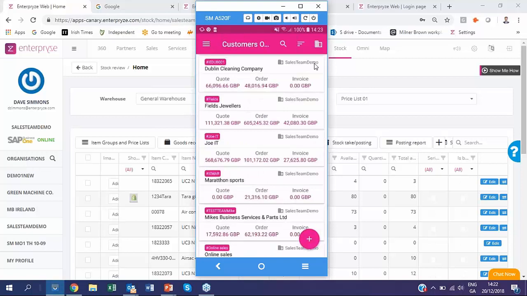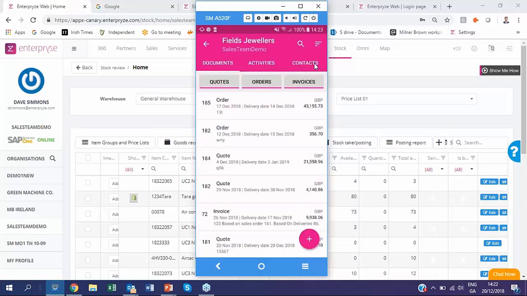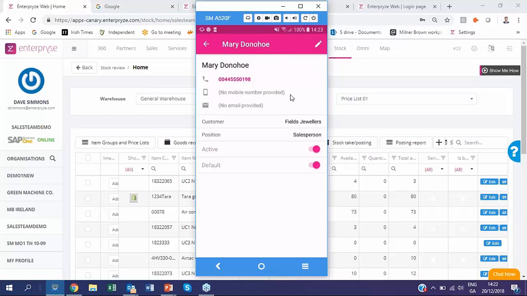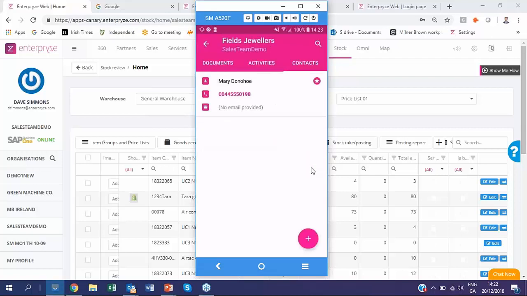But the next stage here is, if we go to Field Jewelers, for example, and we go to contacts, you can see Mary O'Donoghue. We can click on her. We have the ability to have her active, or we can actually have her as the default. So for example, when we're creating a sales quote or a sales order, and we're doing it on the mobile phone, the email automatically goes to the default, so that will be Mary in this case. We can change that, we can turn her off, and we can pop in my name, for example, and the email will go to me instead as the default person on it,